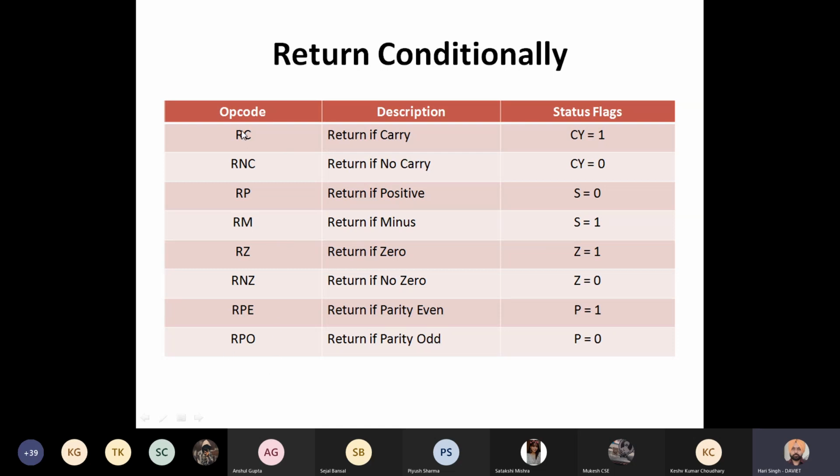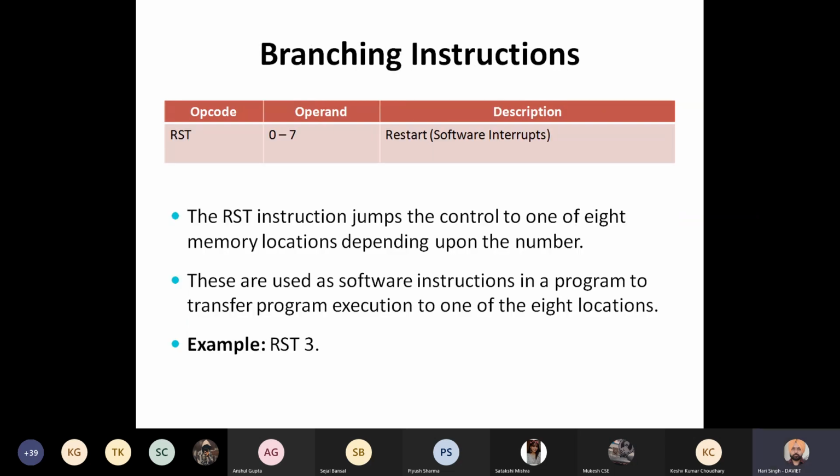So these instructions will have to satisfy certain condition written within the mnemonics before transferring control to the target location. We have RST instructions. In RST instructions, these are also branching instructions used to transfer control to the target location.